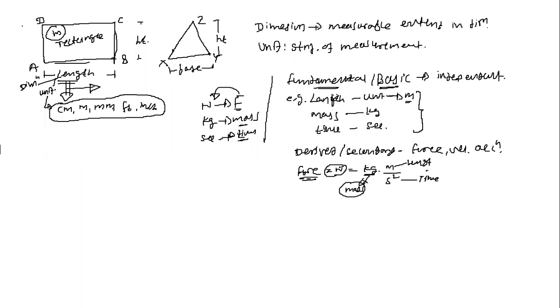It means that whenever we are talking about any fundamental quantity, we can say that quantity is independent of the other quantities for its units or dimension. Whereas the derived or secondary quantities are those that are dependent on the other quantities for their unit or their dimension. म्हणजेच लेंथ जर का आपण बघितलं, लेंथचं युनिट हे डायरेक्टली मीटर आहे. मीन्स लेंथ इज वन ऑफ द डायमेन्शन which is independent of the other dimensions.